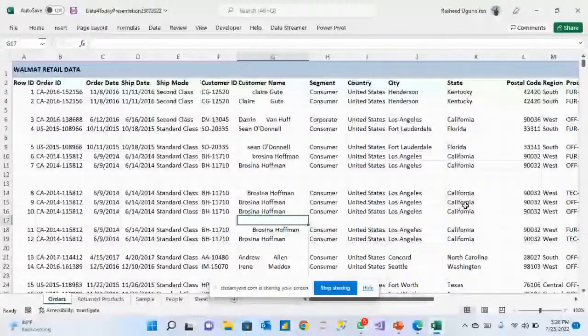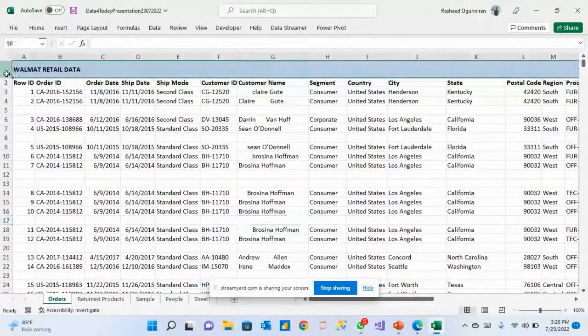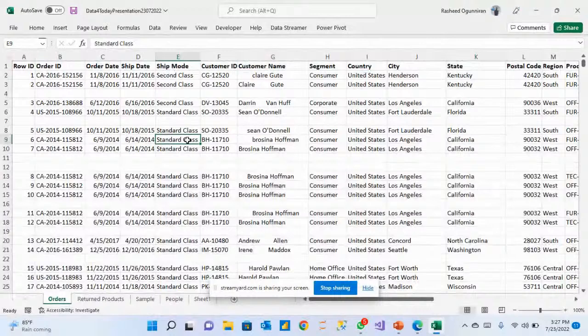So number 1, in my table, you can see that this data is inconsistent. If you look at the customer name, for instance, you see that it looks inconsistent, so it is not right. You need to fix all this. But the first thing we're going to do is address this heading, we don't need this. So the first thing we need to do, let us eliminate these rows. Just click anywhere in your table and hit